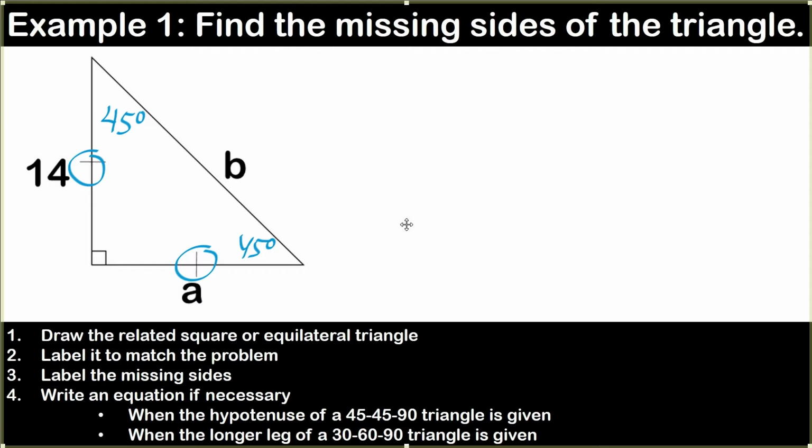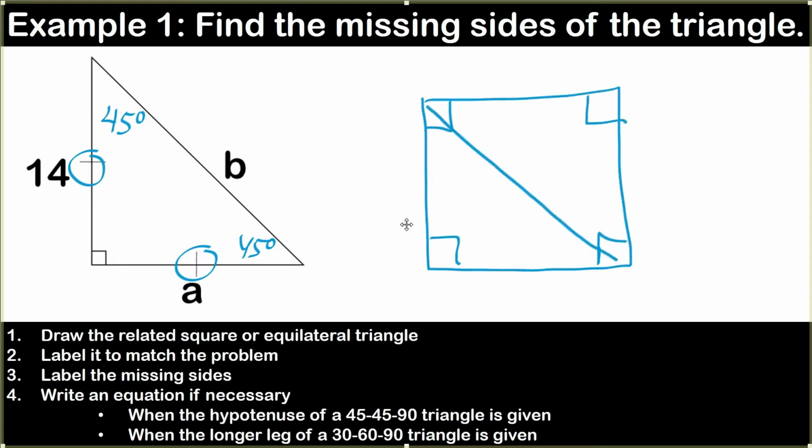So now I'm going to draw that related shape, and I'm going to label it the same way my problem is labeled. So I have one side of my square that's 14. I have one side of my square that's A, and the diagonal of my square is B. Now, since I know that this is a square, I know that every side is the same. So this side will be 14, this side will be 14, and A, the first answer that we're looking for,